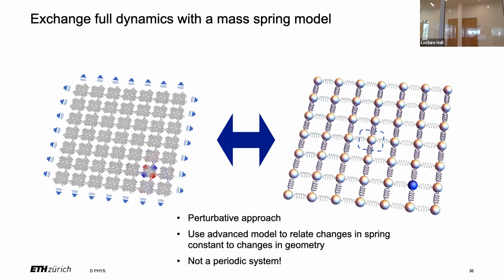And so what comes to rescue? You do it like this. You don't model this. You model a mass spring system again. And then you ask yourself, if I excite this with the 3 and the 4, how do I train the strengths of these springs and the local oscillation frequencies of these balls such that I get a maximal distinguishing feature in the middle? That's easy, because a mass spring model, we can just forward integrate it trivially, but you can write down the exact solution even if it's disordered. It's just a 49 by 49 matrix that you need to invert.